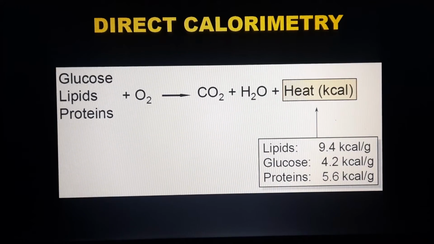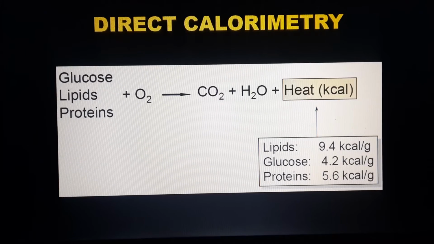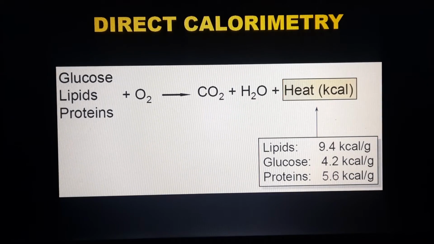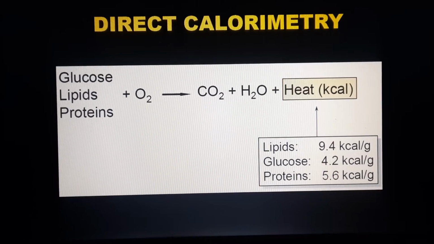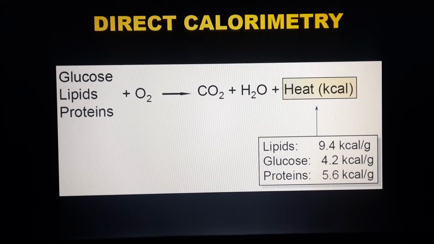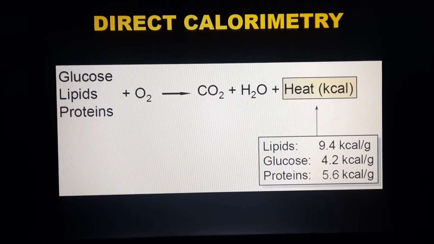So glucose, meaning carbohydrates, lipids or fats, and proteins have different caloric values, and that caloric value can be measured by the combustion of these specific dietary elements. Combustion releases carbon dioxide, water and heat. So 1 gram of lipids, when combusted, will produce 9.4 kilocalories, and 1 gram of glucose, when